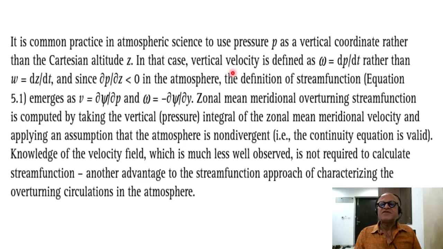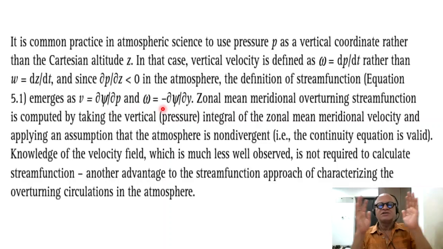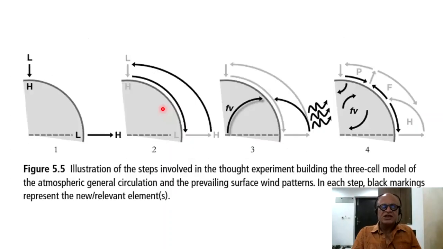In that case, vertical velocity is defined as omega equal to dp dt rather than w equal to dz dt, and since dp dz is less than 0 in the atmosphere, pressure is high at the surface and decreases to the upper atmosphere. The definition of stream function emerges: v equal to del psi del p and omega equal to minus del psi del y. Few steps are jumped over here, but basically if you take the zonal mean meridional circulation like we